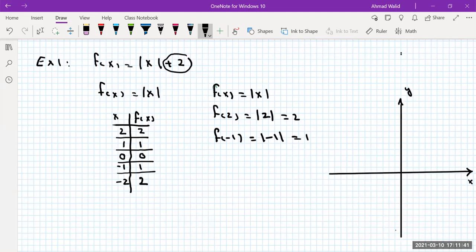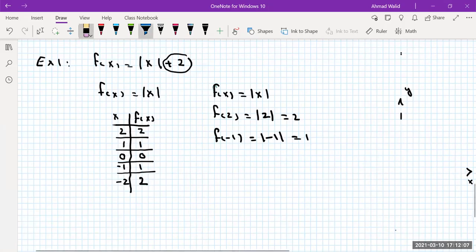X, Y. When X is 2, Y is 2. X1, 2, 1, 2. X2, Y2, this point. X1, Y1, or let's make this graph a little bit bigger. Let's make it bigger because